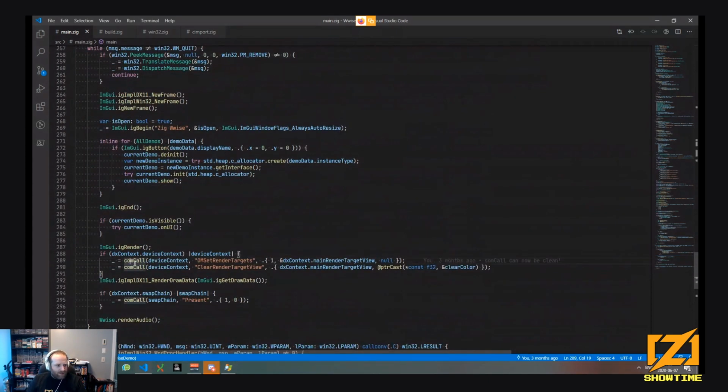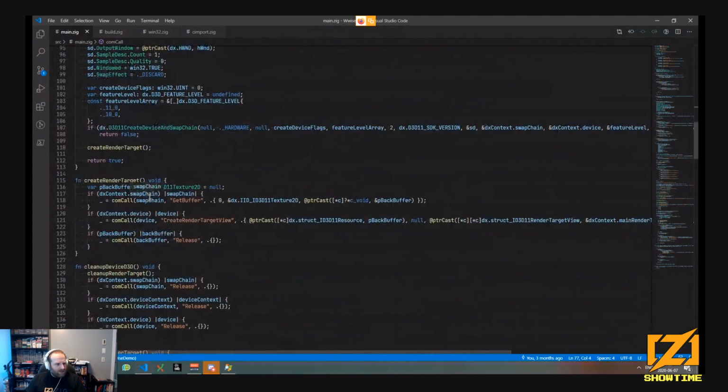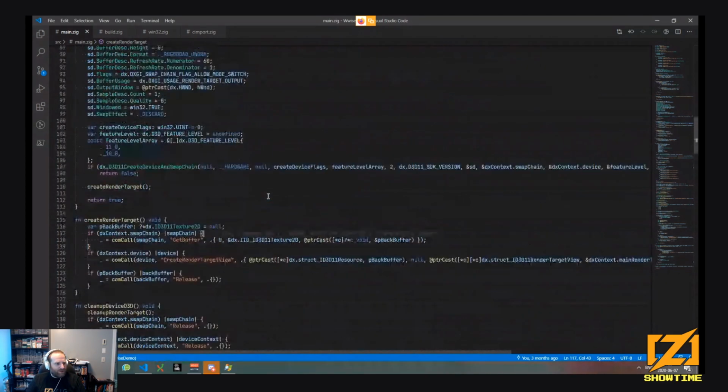Comcall, because DirectX is using COM, and calling COM from C or Zig, for instance, because Zig uses the C ABI when it is interfacing with C. So I have to do a specific function that, okay, I want you to call on this object this method, which is inside the vtable, because if you go